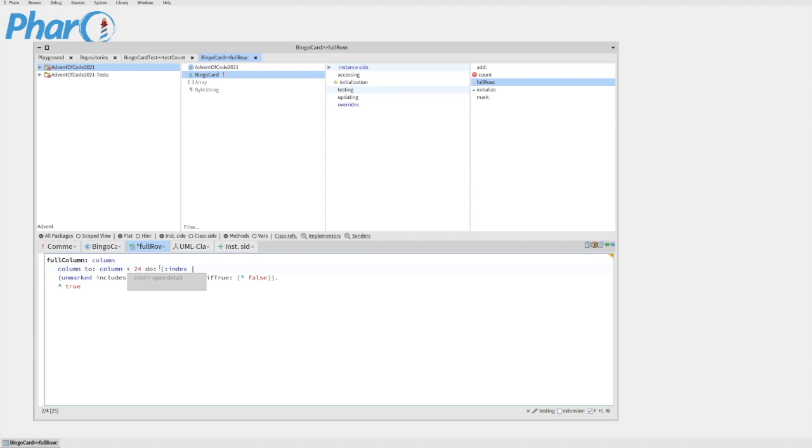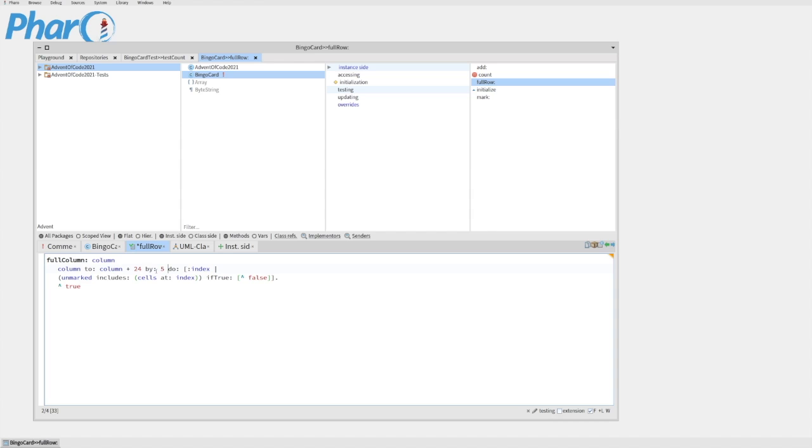No, not 24, plus, well, that'll work. I think that'll work. By 5. So we're going to go to the column, then the column plus 5, then the column plus 10, then